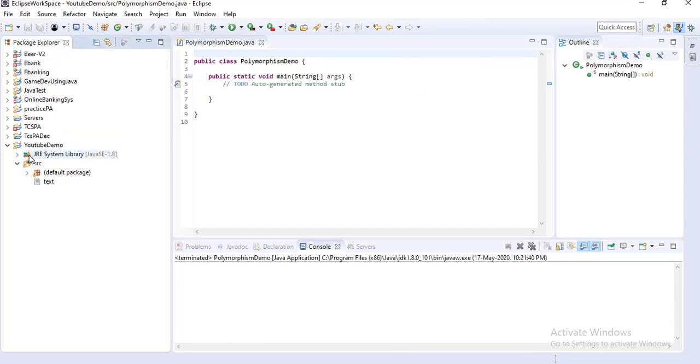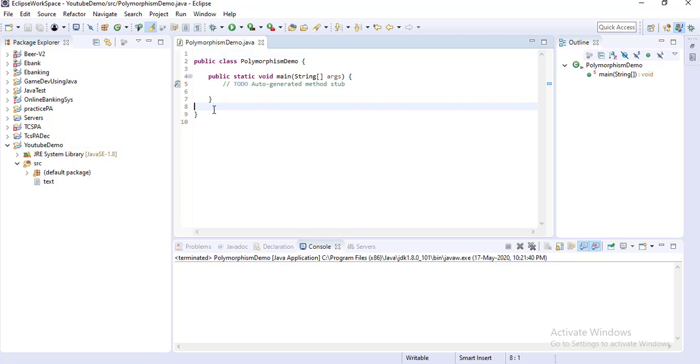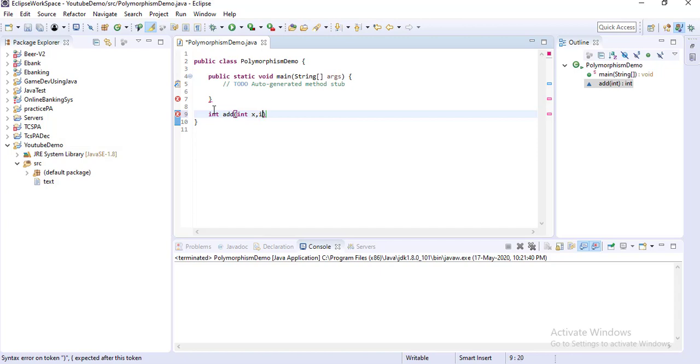Suppose in Java you try to add two numbers, then you can write one method like this: int add, taking two parameters, int x and int y.